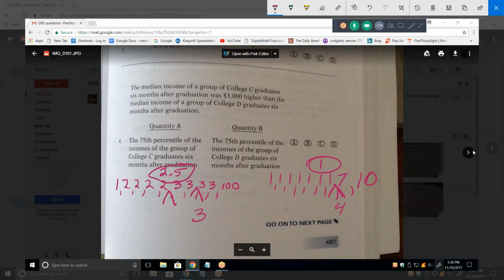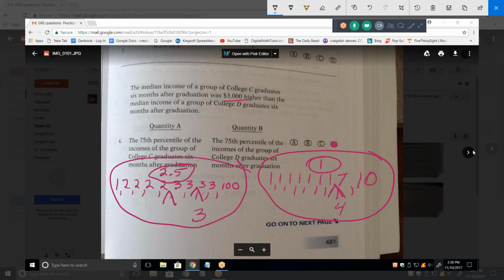And it says by 3,000, but that actually isn't important. What's important is that I find a group where the median of Group A is higher than the median of Group B, and yet the 75th percentile of Group A is lower than the 75th percentile of Group B. So it's D. Okay. Is that what you said was D? Yes, D. And that's usually the case, and that's why the very first thing you try to do